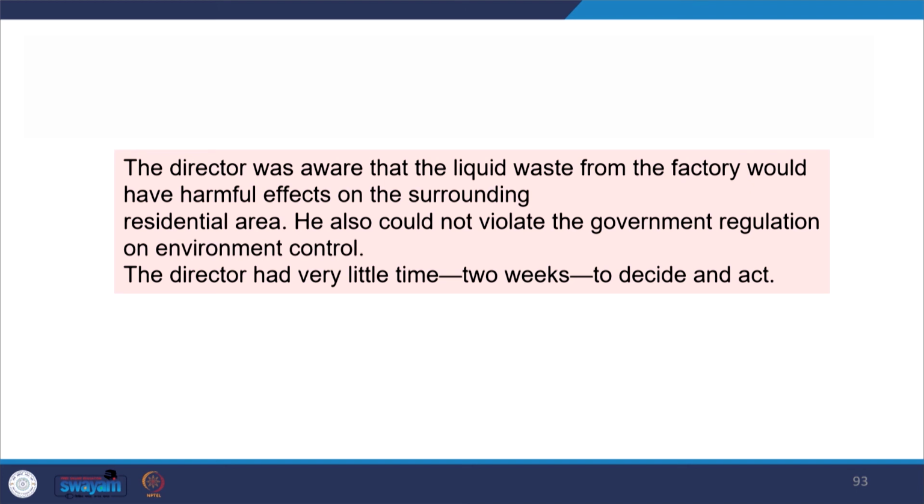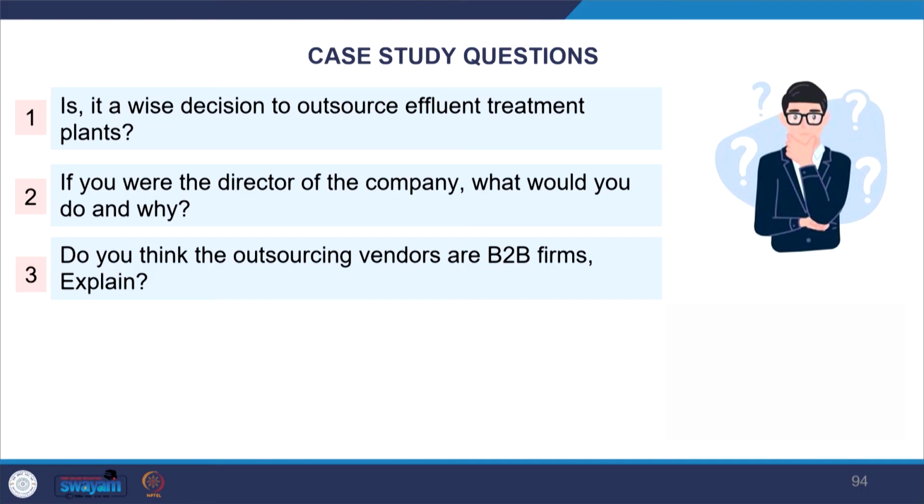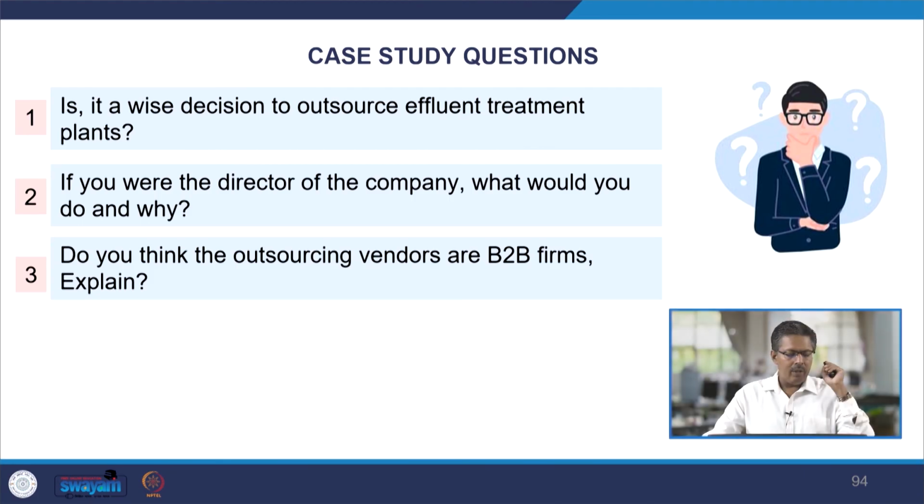Now, in such a condition, what would the director do? If you were in the place of the director, what would you do? Take a pause and try to think about it. There are three questions. Is it a wise decision to outsource effluent treatment plants? If you were the director of the company, what would you do and why? And do you think the outsourcing vendors are B2B firms? You may explain. Please first answer these three questions, take your time, and then I have a tentative answer